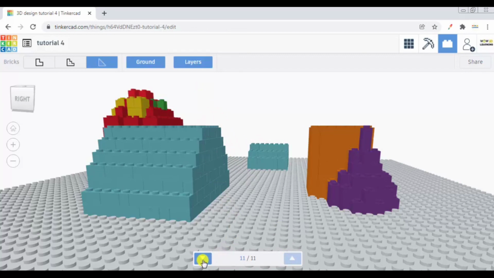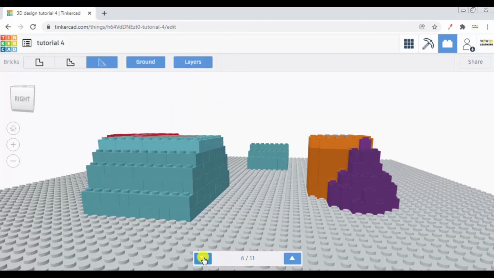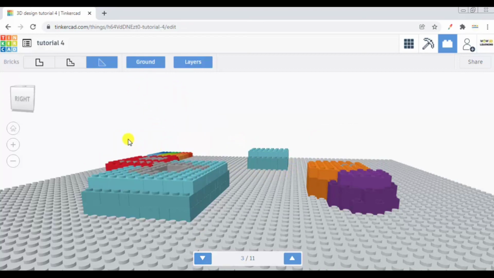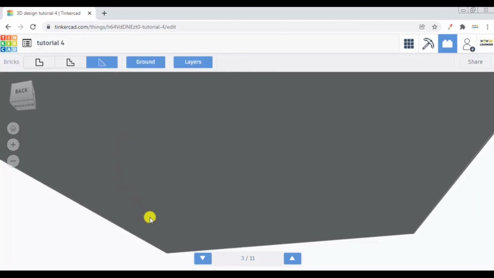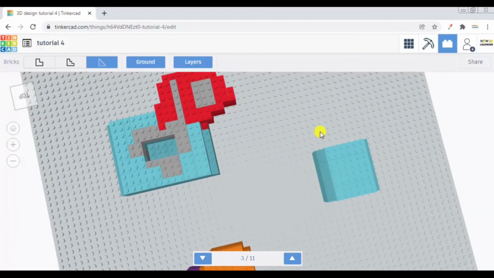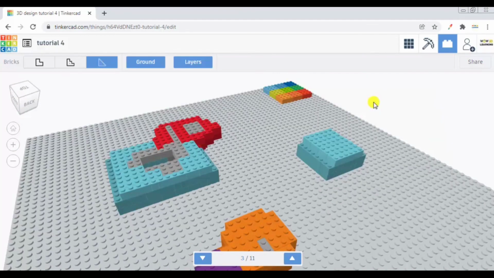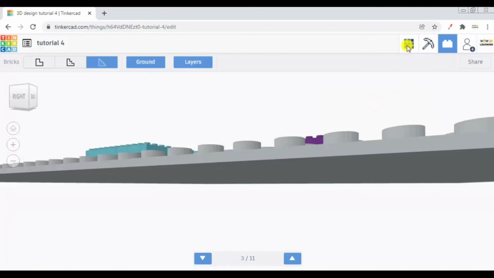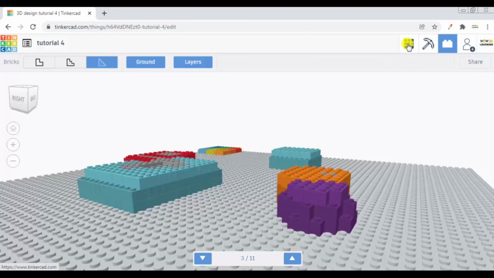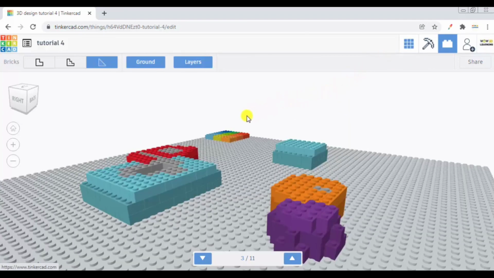So like this you can see how Legos will be placed in the form of one layer, second layer of Lego, third layer of Lego, fourth layer of Lego. That's it. That's all we have covered. Now from here on, if you want to go back to your 3D design model, all you have to do is press these 9 cubes here. If you press it, you will go back to your initial workspace of Tinkercad.